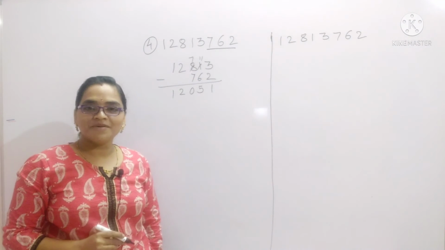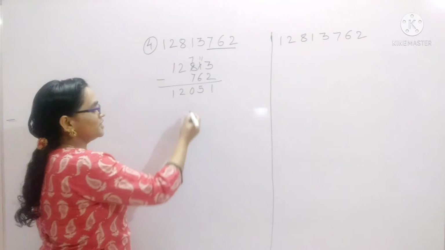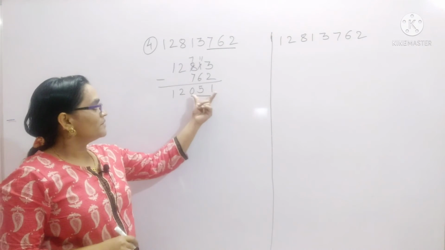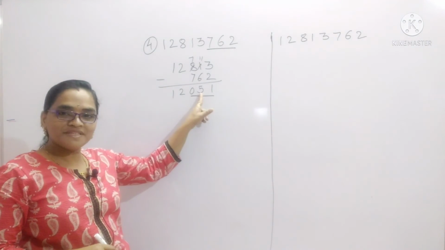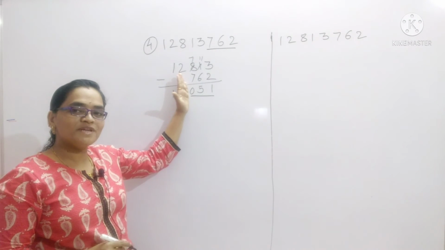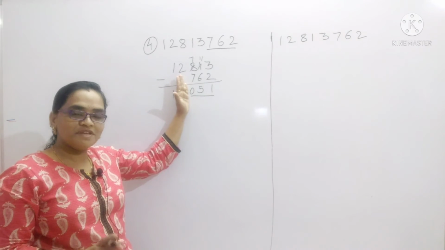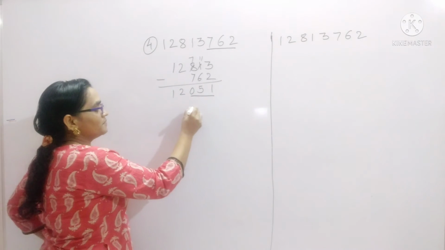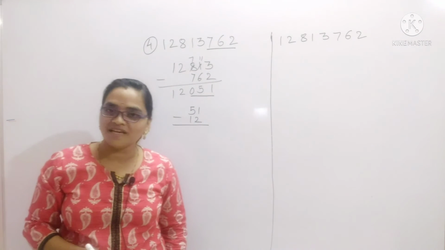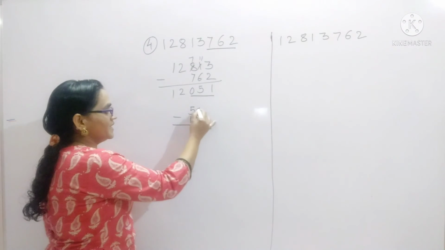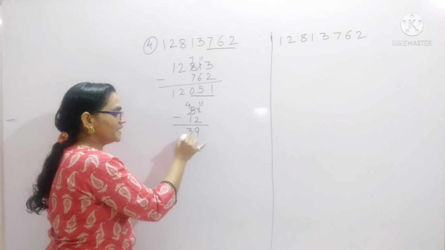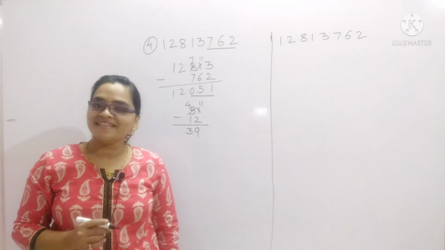Now here we see a bigger number, a 5-digit number. Again continue with the same rule, applying to 51 and 12. Why only 2 digits? Because there is a 0 here. While considering the last 3 digits, the number formed is 051, meaning only 51 we have to take. Then 51 minus 12. Always remember to subtract the smaller number from the greater number. Then 11 minus 2 is 9, 4 minus 1 is 3, and 39 is divisible by 13.